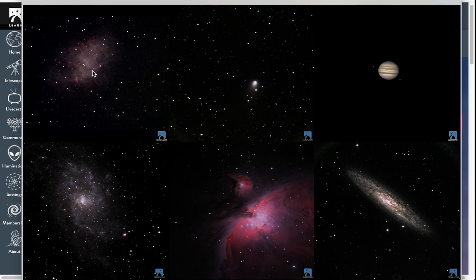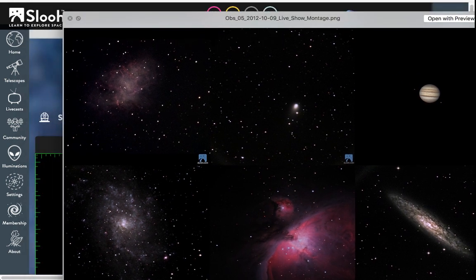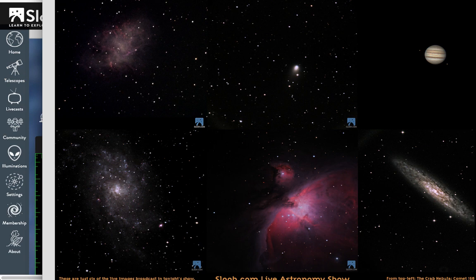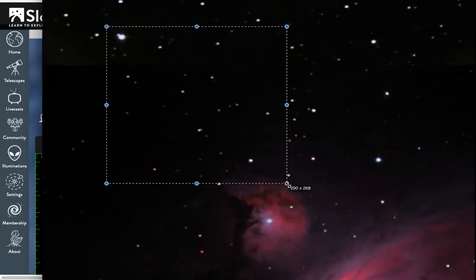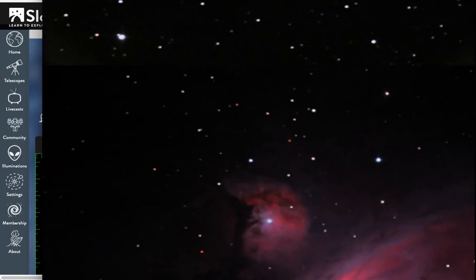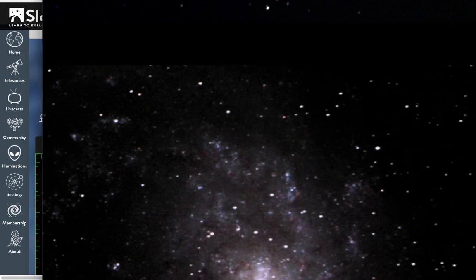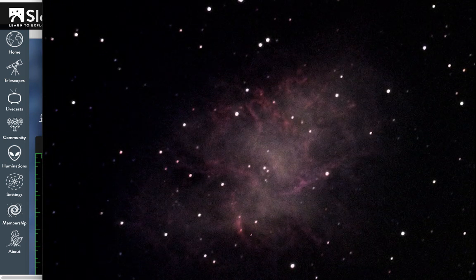In the Crab Nebula, you can see those knots of gas that I was talking about. So let me try to zoom in a little bit here. I zoomed in on the wrong part, but that's okay. We're going to scroll up. Beautiful. We can see here these knots of gas that I'm talking about.